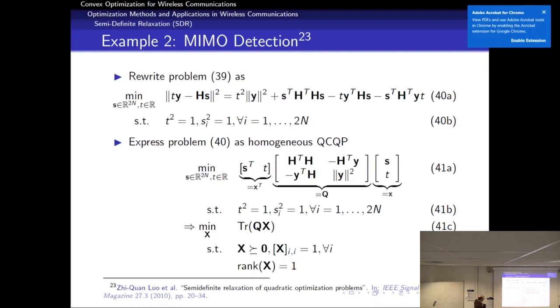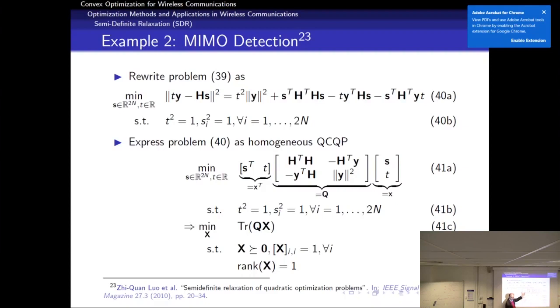But here you have some additional terms. And that's the reason why we introduce a variable t here. I will not go into all the details, but this t has a certain constraint, so that the magnitude of t is equal to 1. But the nice thing is that when you introduce this t, this quantity can now be written in a form like this. So on top of S, I introduce a t, so that now I create a vector